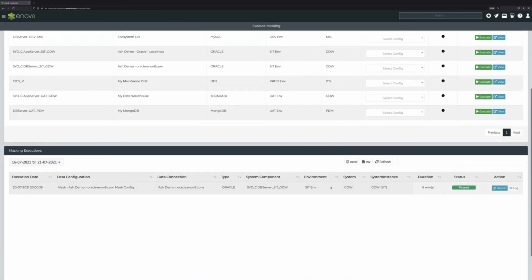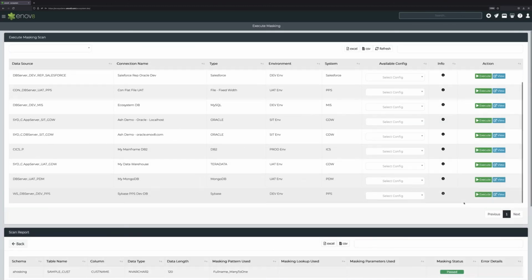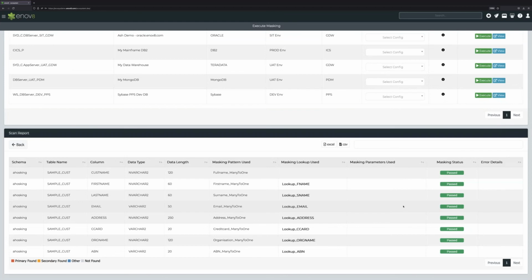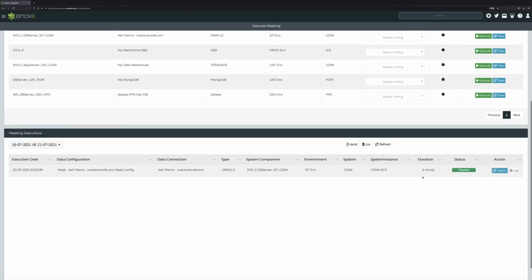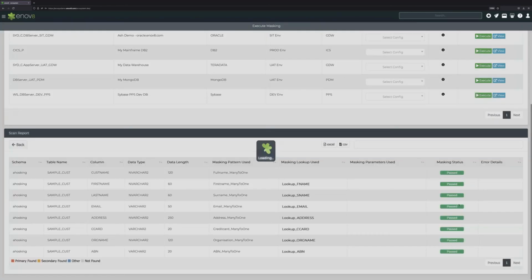And once that's basically been masked, then the process is that we can identify if there are any sort of deviations that we may need to do with that masking routine. For example, let's say we picked a masking function that was going to do non-unique values into a column that requires unique constraints. We may need to tweak that and run that again just for that particular column. But we can see in this example that we ran just before here, that took about 6 minutes,